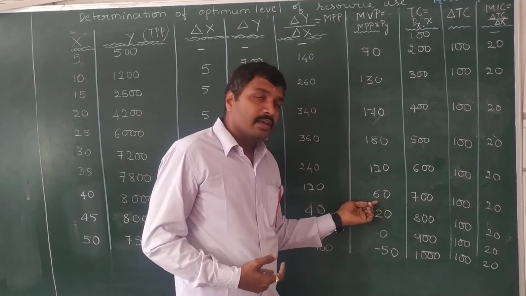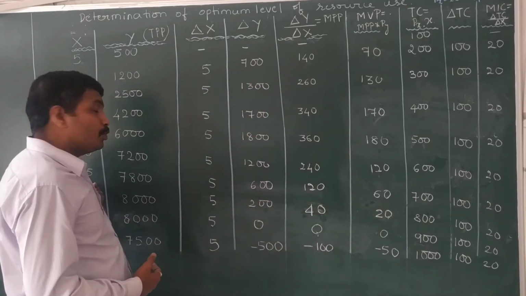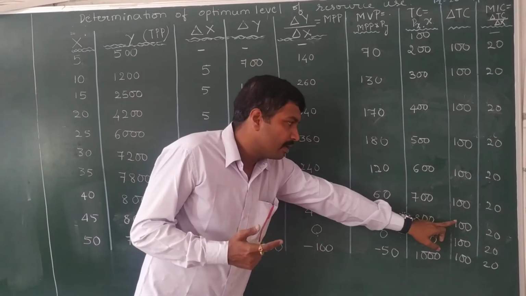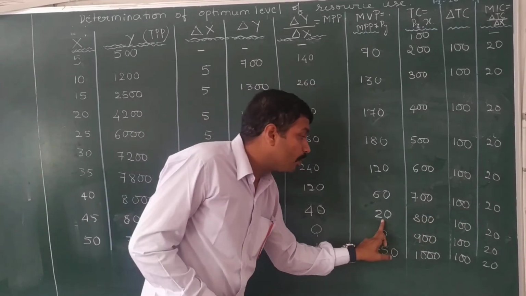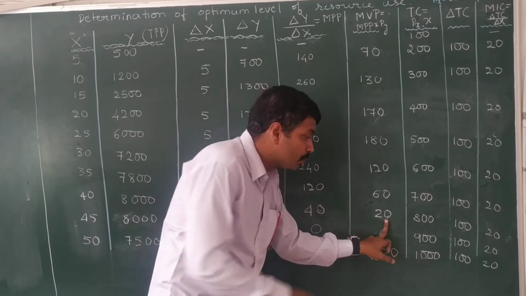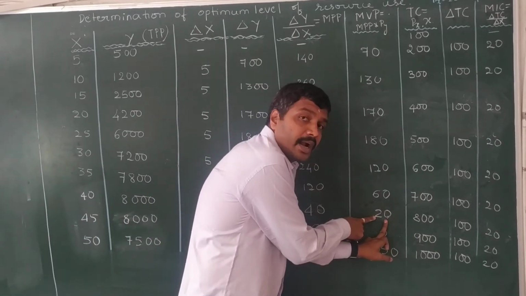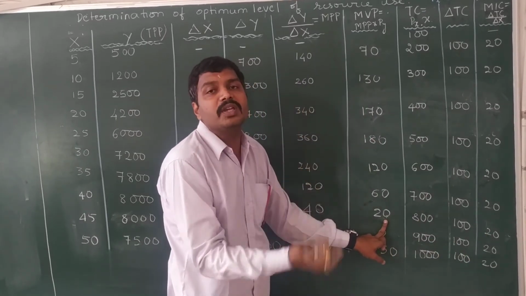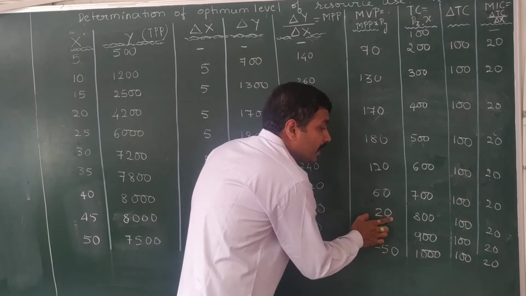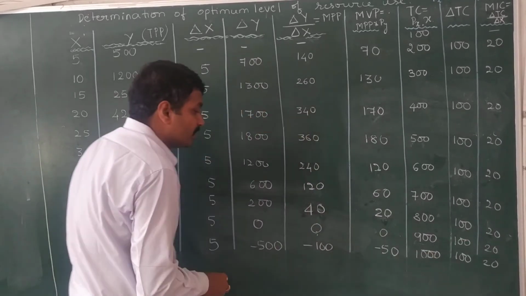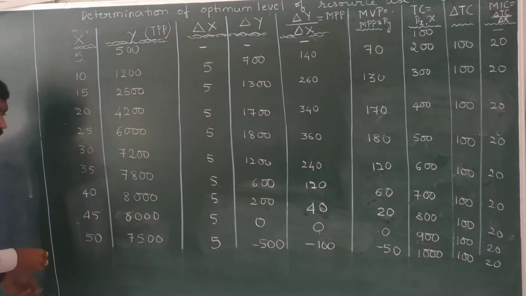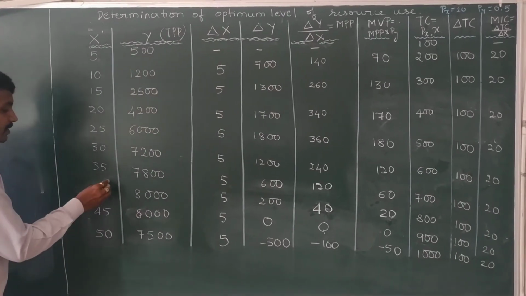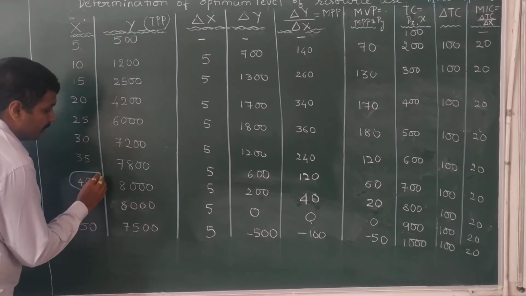Now if you consider this particular level of input use, it is 60, 20. 60 is more than 20. The farmer should continue. Now at this particular level of input use, the additional returns obtained will be equal to the additional cost incurred by him. So here MVP is equal to MIC. You just see that particular combination where MVP is equal to MIC, it is this particular combination, is it not?